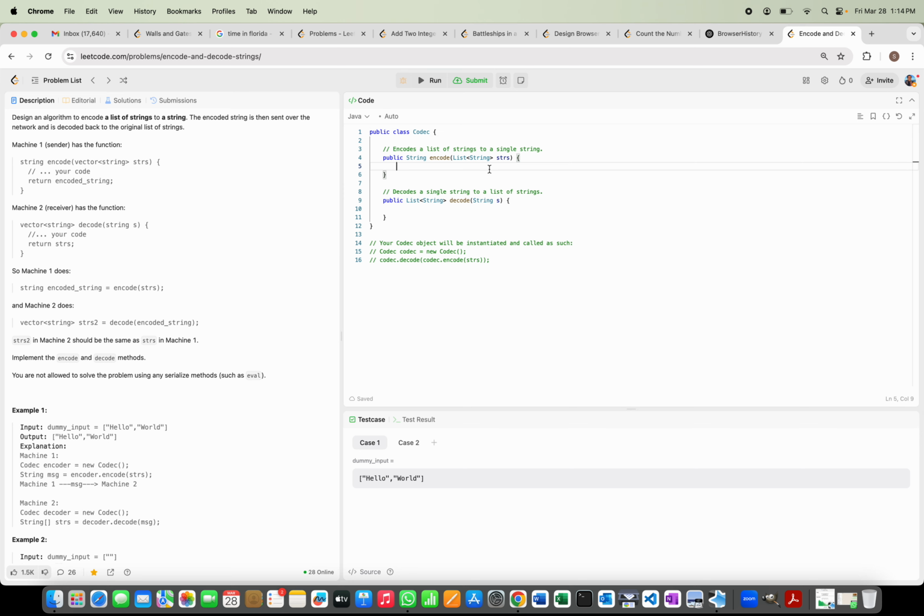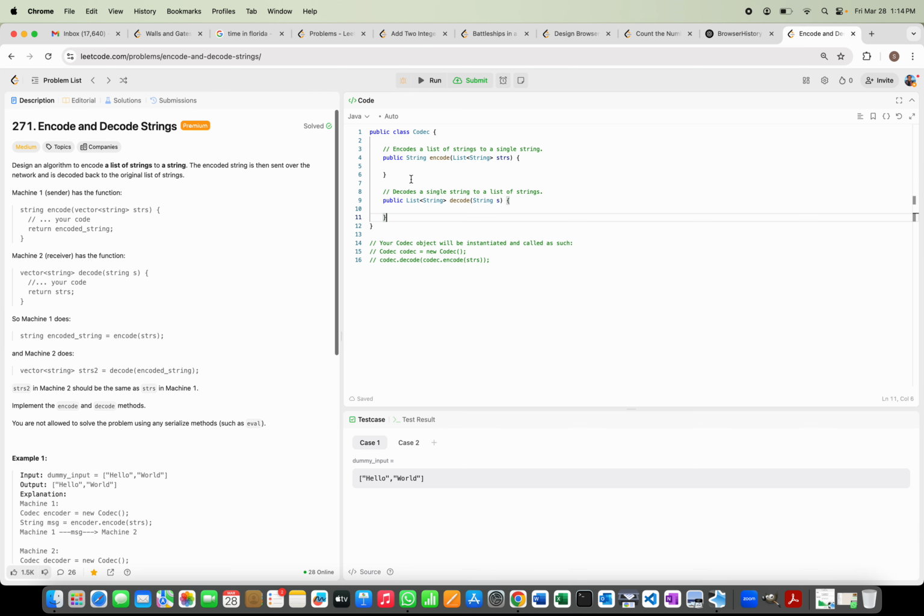It's like one of those where the correctness of whether or not your solution works is going to get interpreted by the system. It's not like a single return function kind of thing. So what we can do right now is